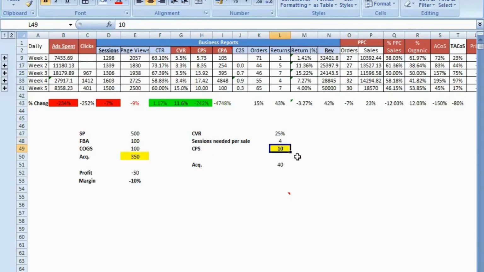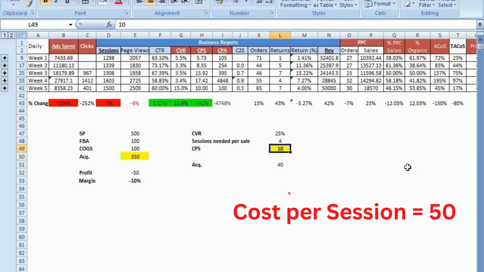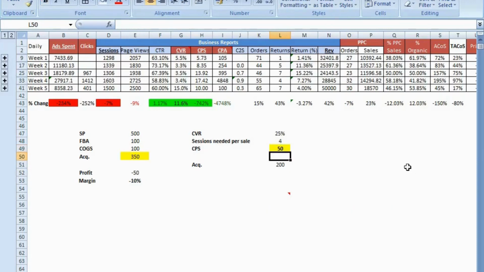Now as a business owner or as a PPC manager, it's your job to understand how cheaply you can get these 4 sessions. Let's say my per session cost is 10 rupees. In that case, I need 4 sessions, so I would end up spending 40 rupees or $40 in order to get one sale. Let's say if our conversion rate is 5%. In that case, I would be spending 200 rupees or $200 in order to get one sale, right? So this is how your conversion rate determines how much you are spending to acquire one customer, right?